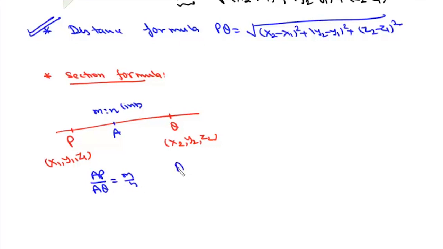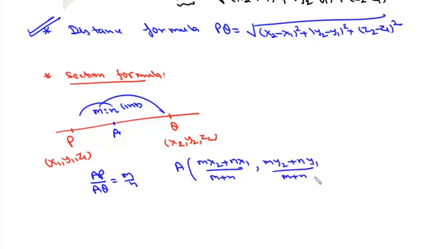Then the coordinates of this point A will be given by (mx2 plus nx1) upon (m plus n), (my2 plus ny1) upon (m plus n), and the same way (mz2 plus nz1) upon (m plus n), which is the same as the section formula in 2D except for the fact that we have this additional term for the z coordinate. And in the distance formula also, the formula is the same except that we have added this z term. Now if we have external division,